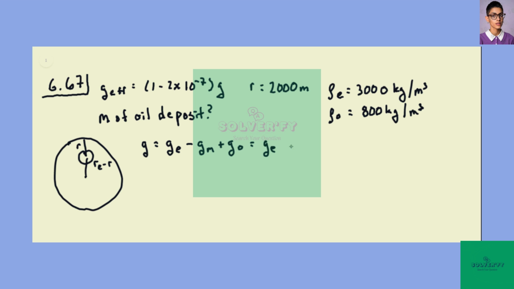So this is going to be the Earth's gravity minus G over R squared of the mass that's missing from the Earth plus the mass of the oil. Or we could have the minus sign here and have the minus sign out here. It doesn't really matter. So then what we'll call delta G